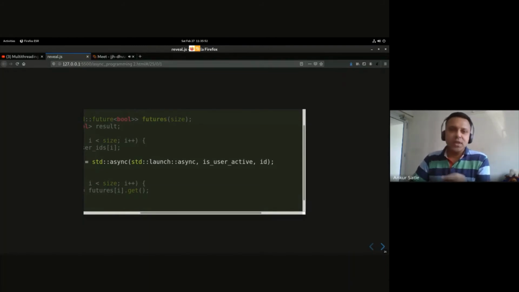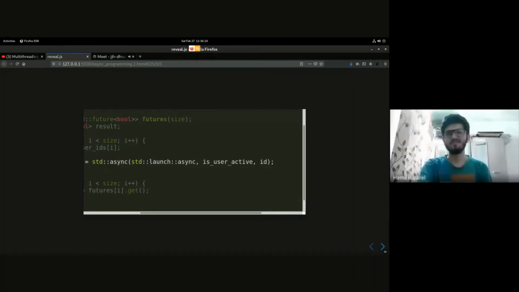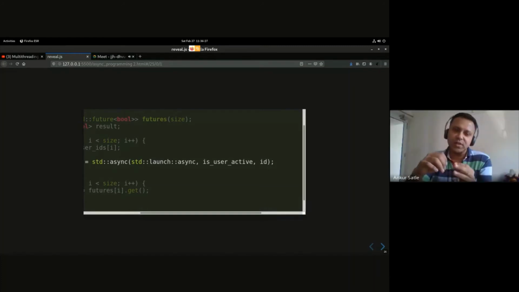The other aspect is since a function is passed, it is very clean what you are passing to the async API, since a function and its parameters are passed. But when you do a thread kind of a thing, you can share the entire program space, the global space, and you can do some sharing. And if you have more than just this task, and if you want to update some data structures, use some connections, you can do that.